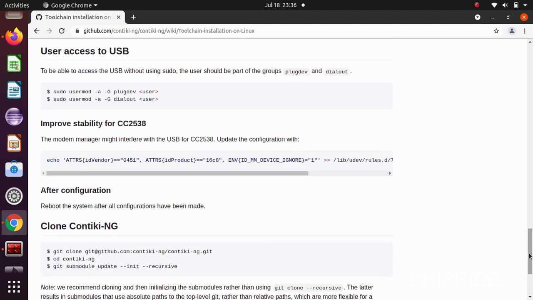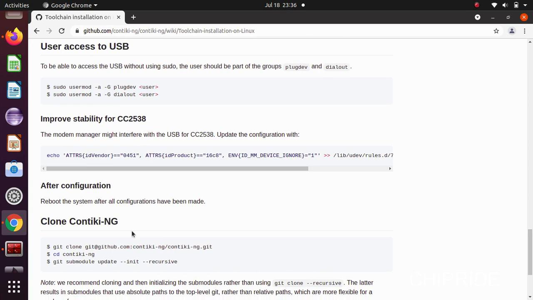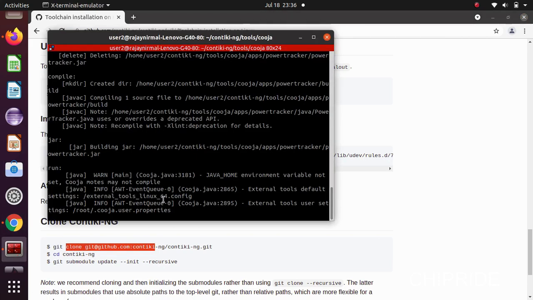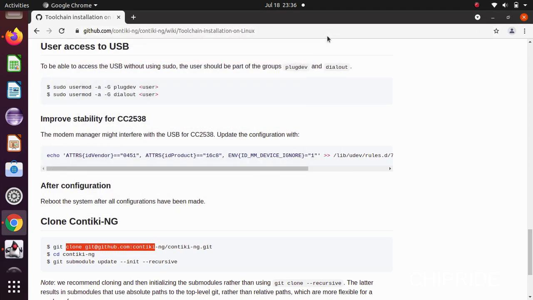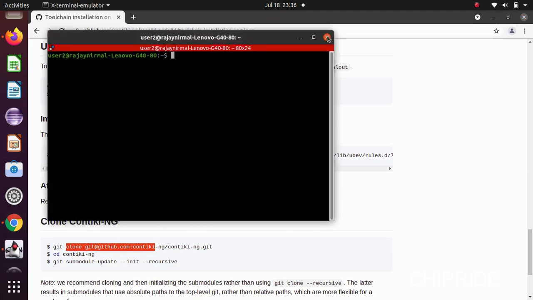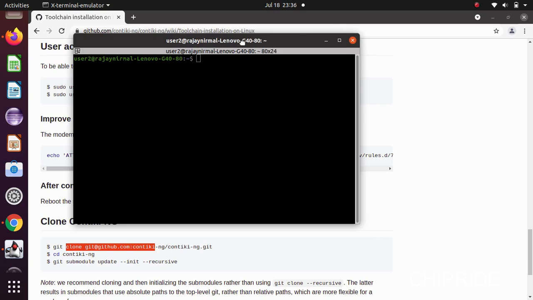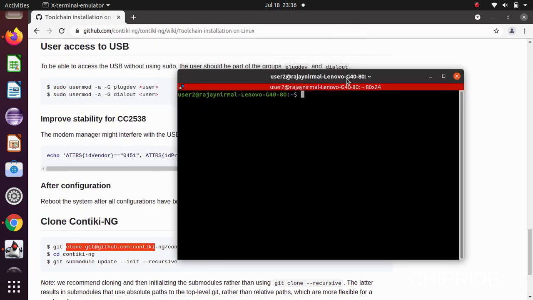So finally, you can get in here, clone Contiki NG. If this command doesn't work, we will try. I've actually installed the dependencies by running these commands, whichever are given in this page.